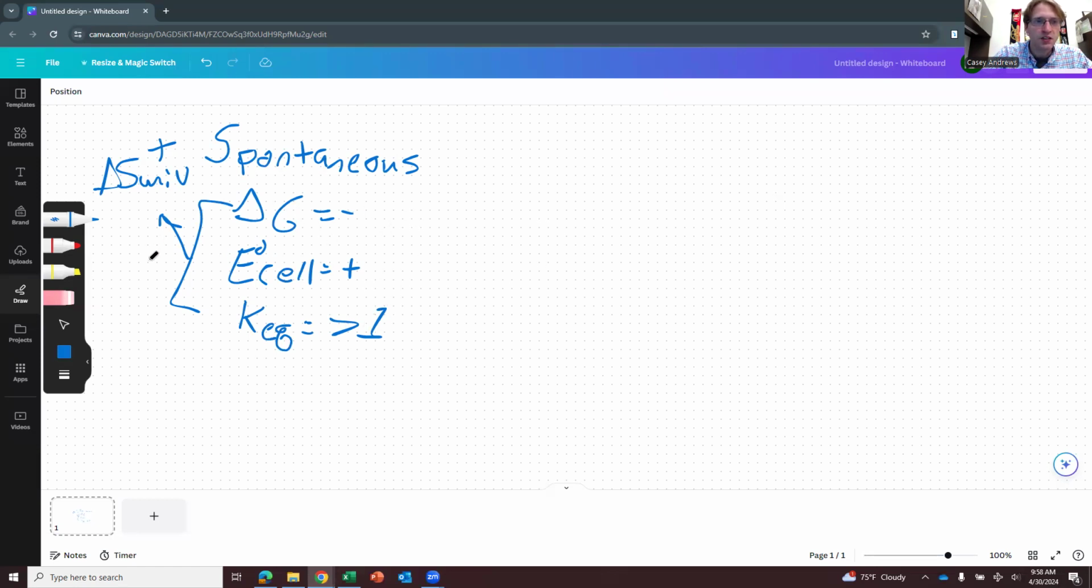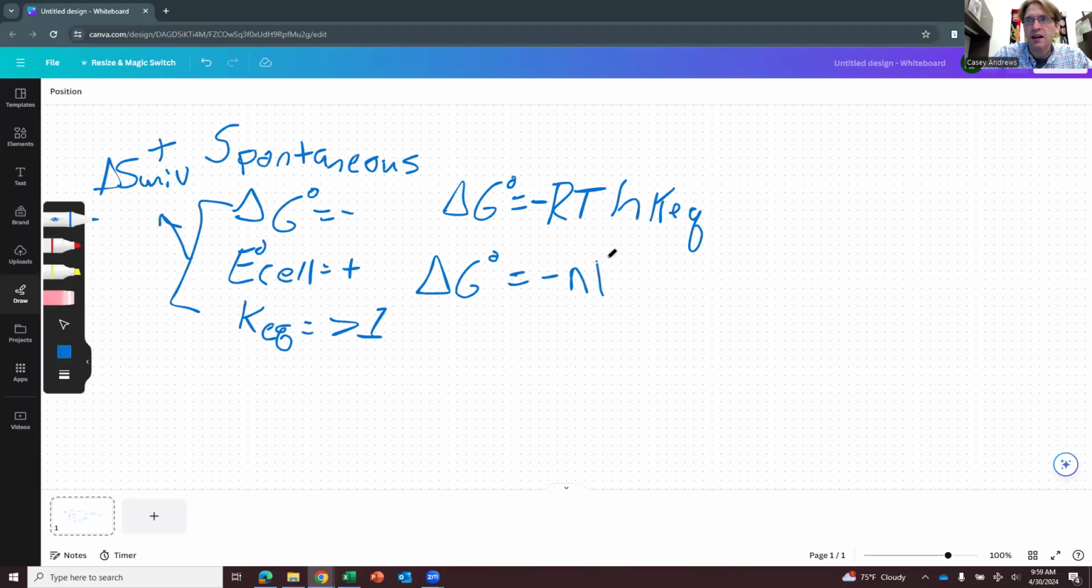And we've already done that for delta G equals minus RT ln of KEQ. So that's how we convert between K and delta G. But the next thing we're going to learn is how to convert between delta G and E cell. Delta G naught, that should have been naught, equals minus nF E cell. So n is the number of electrons